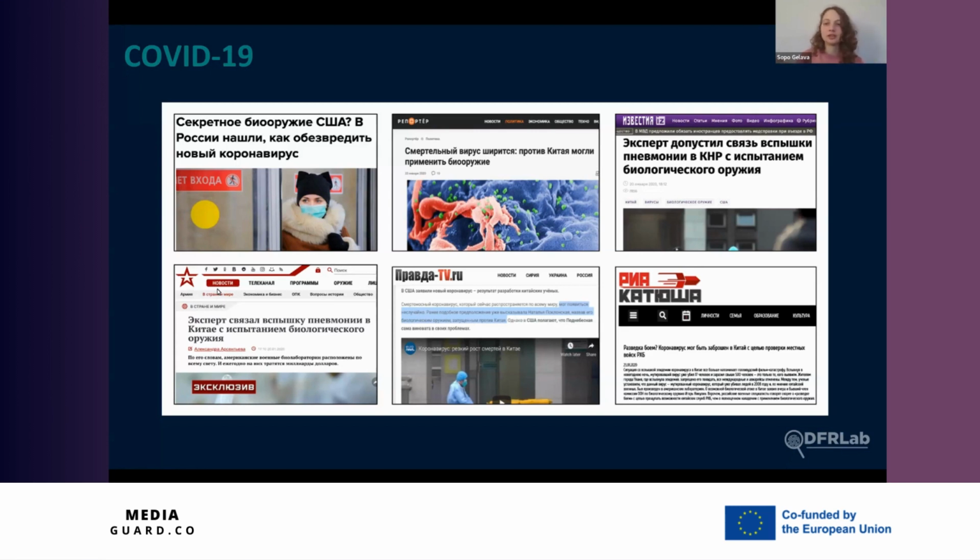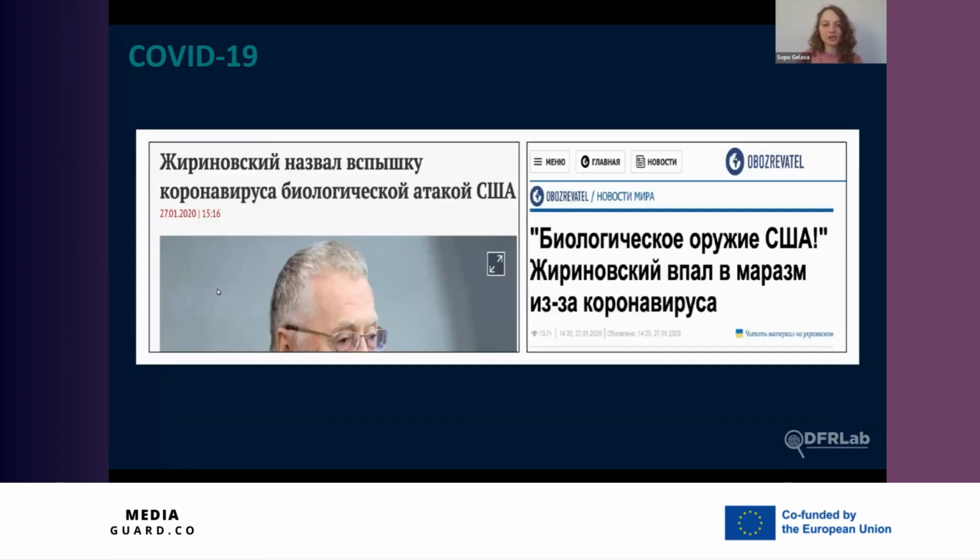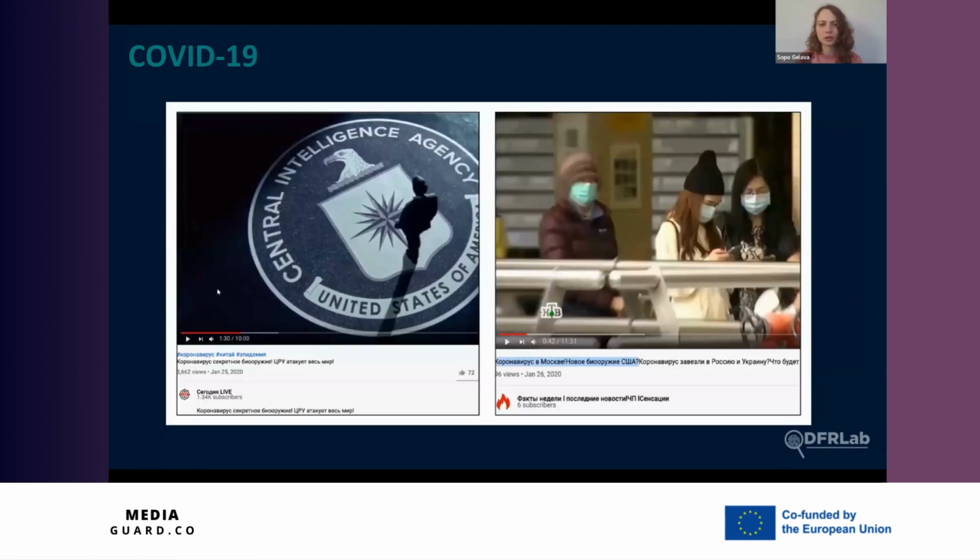And then after amplification and proliferation of this specific narrative, that it was created by the US, that it was artificial, that it's a biological weapon targeting China, et cetera, the next stage is that politicians take this message and it gets more official amplification. Politicians start citing it, referencing the media outlets, and those media outlets reference fake experts. And then we saw lots of documentaries on YouTube, on many, many channels. Some Western conspiracy theorists also created documentaries. One very famous one was called Plandemic, and it was amplified a lot.